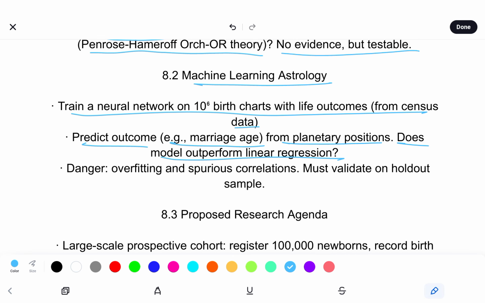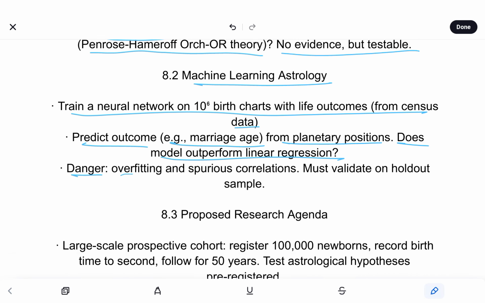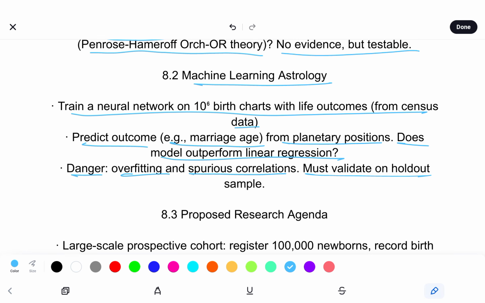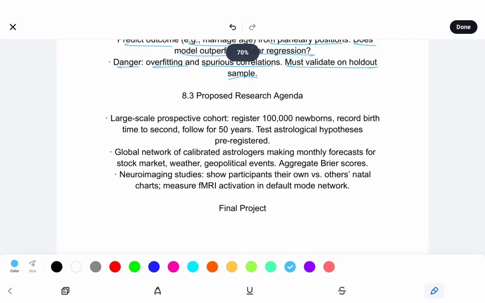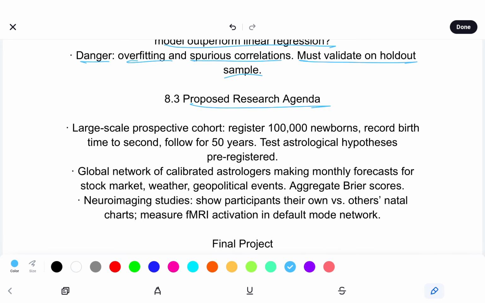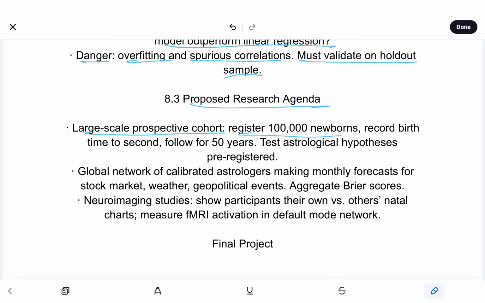Does the model outperform linear regression? And the danger here is overfitting and spurious correlations, so we must validate on a holdout sample. Our proposed research agenda is a large-scale prospective cohort: register 100,000 newborns, record birth time to the second, follow for